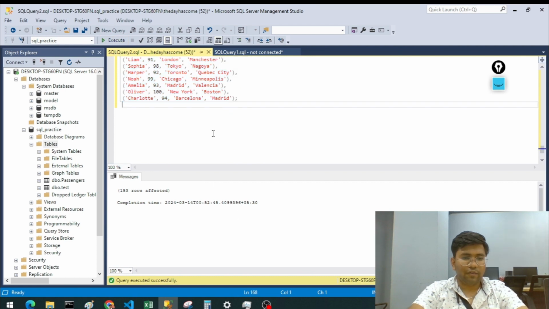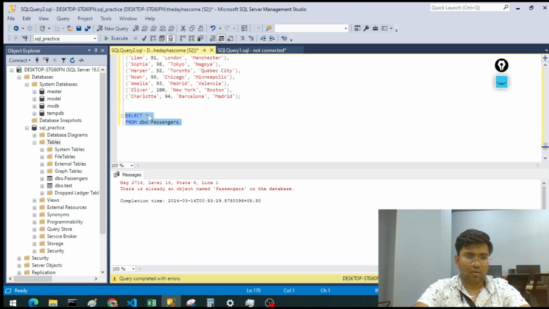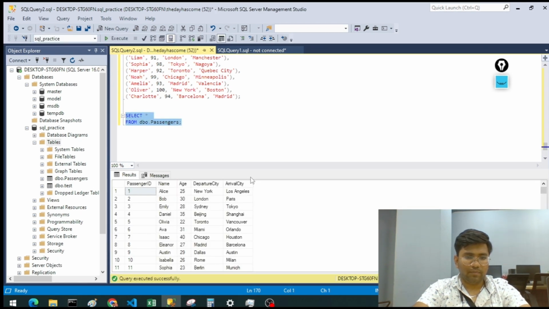Perfect. So 153 rows have been inserted, and now it's time to simply check whether the rows have been inserted properly or not. So let's try to query it this way. Yeah. So as you can see, we have all 153 rows listed here,